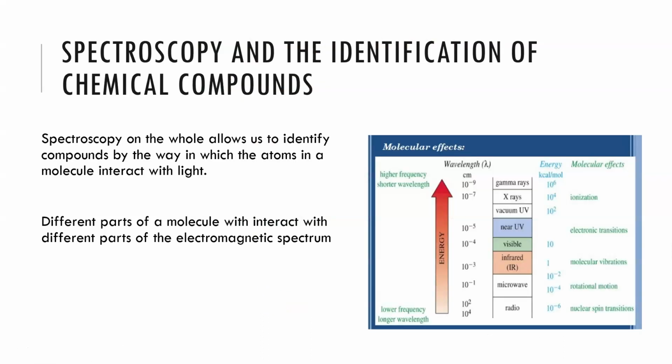Essentially, as we've mentioned before, spectroscopy is the way in which we can help identify chemical compounds. On the whole, it allows us to identify compounds by the way in which they react with light, or more specifically, energy from the electromagnetic spectrum. Different parts of the molecule will interact with different parts of the electromagnetic spectrum, and we've seen this previously in Year 11 where we looked at flame colors